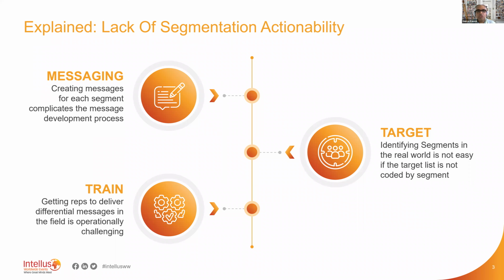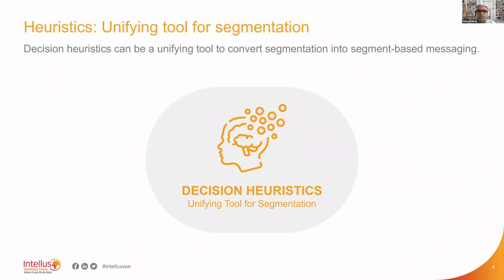We're going to share with you an idea on how, if different stakeholders, whether it's the salespeople, the sales trainers, the sales ops people doing the targeting work, the marketing team, the agency team, the market research team, if everybody was working off the same page, i.e. if there was a unifying tool for segmentation that every stakeholder used to do their part of the process in bridging the gap from segmentation to segment-based messaging, suddenly you can have a lot better success.